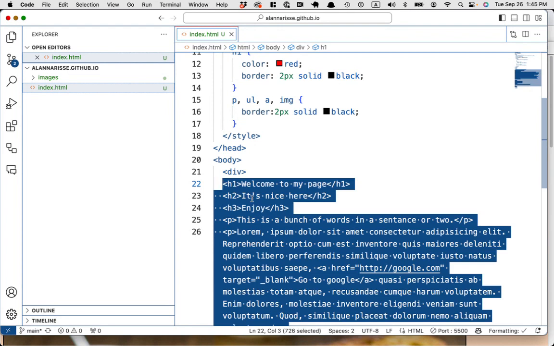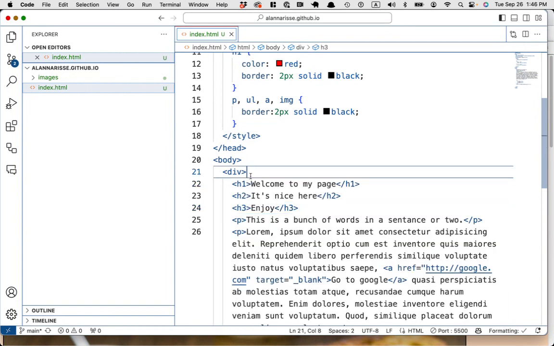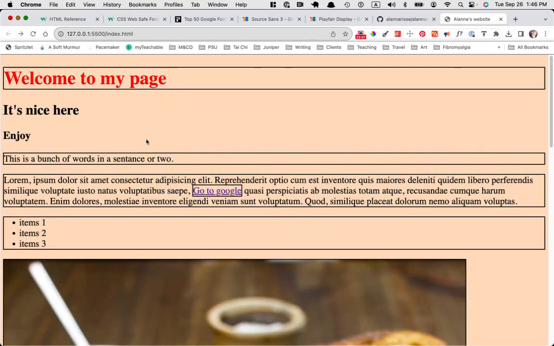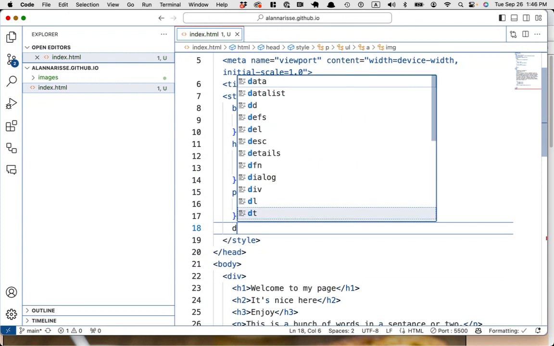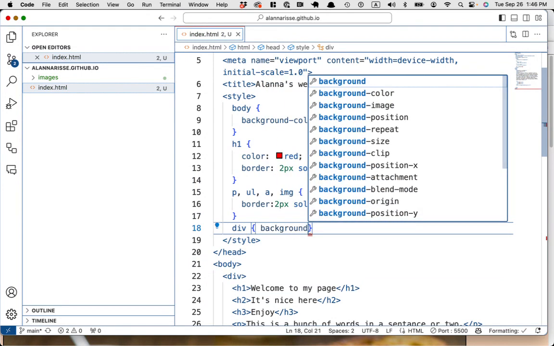If you select stuff and you want to change the indentation or outdentation, you can select it and then say Command or Control square bracket right goes to the right, square bracket left goes to the left. Okay, so now everything's in a div. We can't really see anything yet, but if I say, if you find a div CSS, then